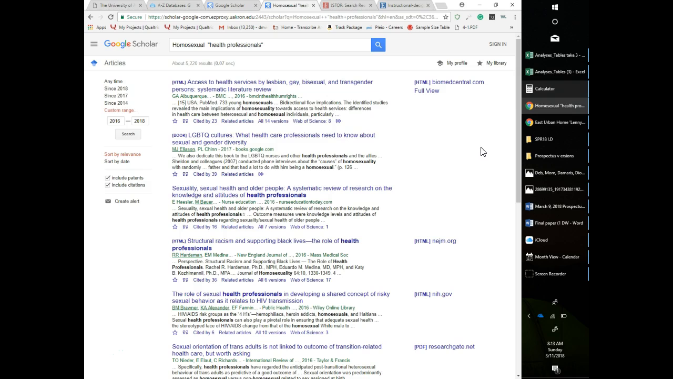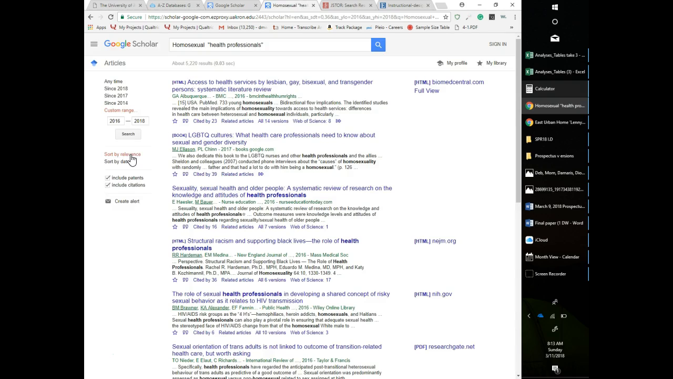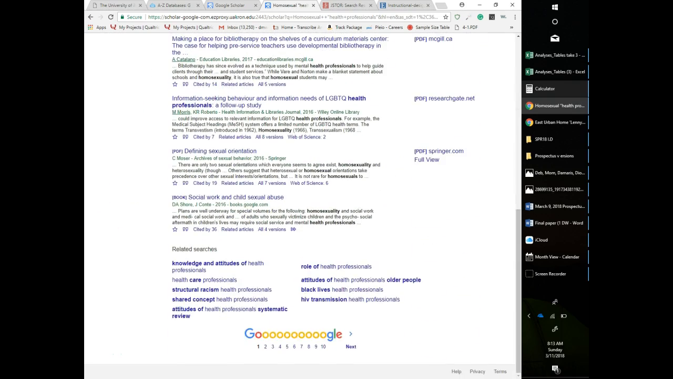There we go. So then we can actually, after we do our custom range, you have to change each filter and update. You can't change all those filters at once. Then we're going to sort by relevance. I'm not going to include patents. We're just going to include citations. We're going to search again. Okay. So with Google Scholar,